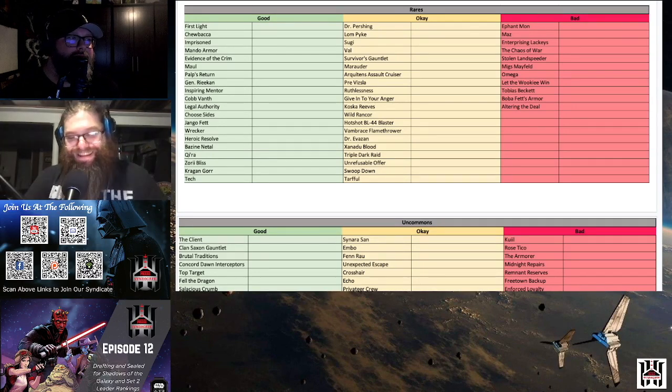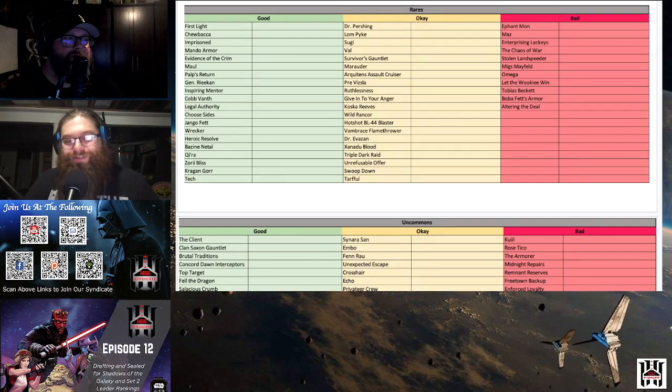Man, not going to do much. Maz, I think, is just not going to do anything impactful. The Enterprising Lackeys, the Chaos of War, Stolen Land Speeder, Migs, Omega, Let the Wookiee Win, Tobias, Boba Fett's Armor, and Altering the Deal. A lot of these are playing around as a particular strategy, and if you don't have